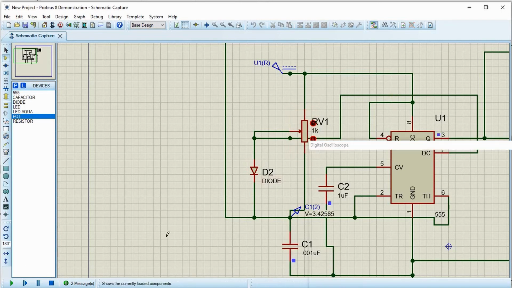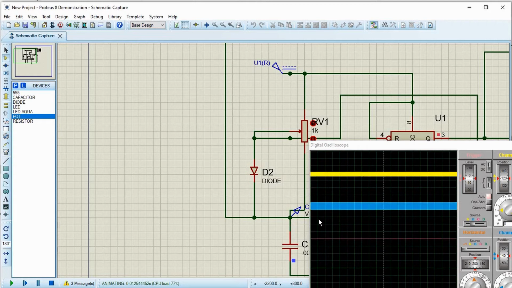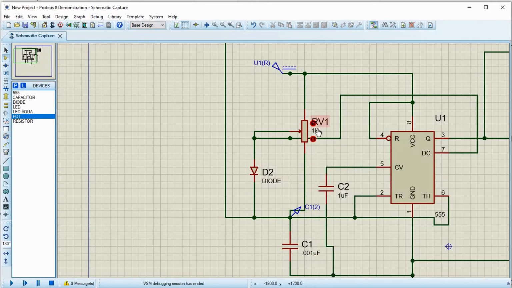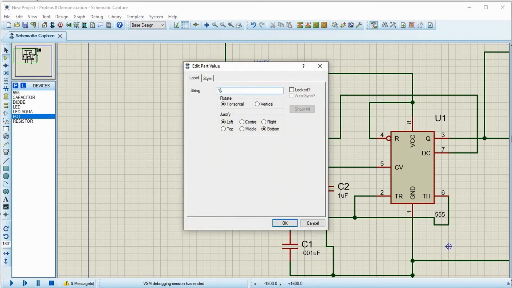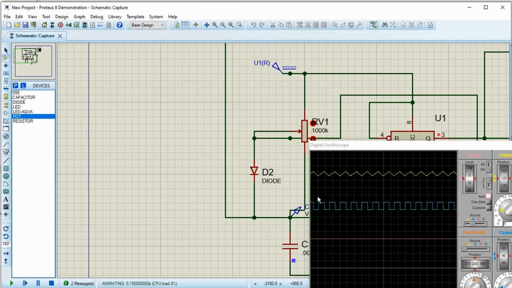So let me start this. Okay, I'd use a set up the probe for 100K, 1000, somewhere around this value. So now let me change this.